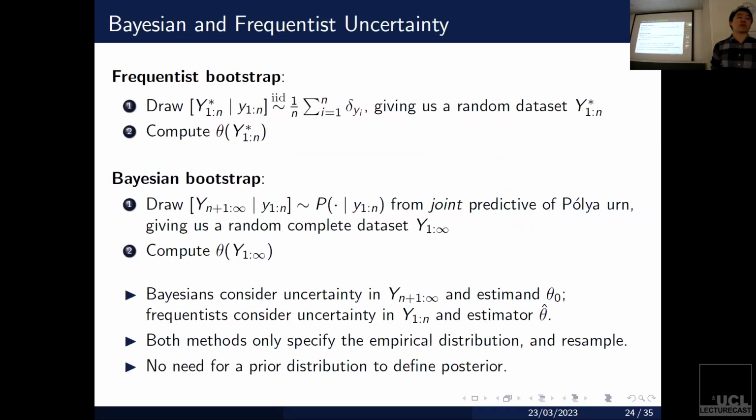In summary, the way we like to interpret this is that they're both bootstrap schemes, but the key difference is that the Bayesian imputes a different side of the data. So you've observed y1 to n. The Bayesian is interested in what they need to know for our estimand. So we're going to impute y n+1 to infinity, and we're going to compute the estimand theta 0. Whereas the Frequentist is going to look backwards in time. It's going to consider what other y1 to n I could have seen and look at the distributional properties of the estimator theta hat, which is computed from y1 to n.